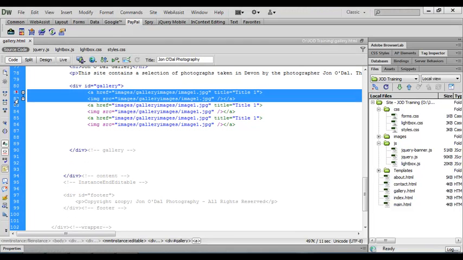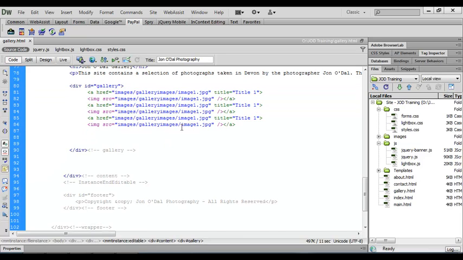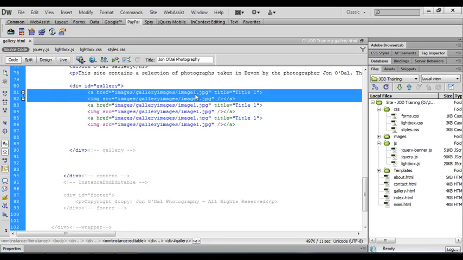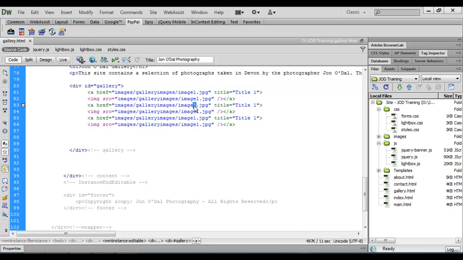So we've got the 3 identical images in there at the moment. Now obviously we don't want all our images to be the same, so I'm going to edit this code to pick up on the other files. So remember, we've got 2 lines of code per image. So we've got image 1, title 1, and we've got image 1 also in the source. Now all I'm going to do is to edit the second line of code to say image 2, and we'll also change the title to 2, and then 3 for the last image. So now we've got image 1, image 2, and image 3. Let's save that,